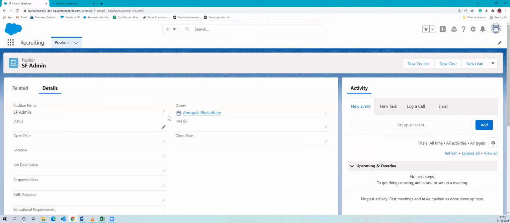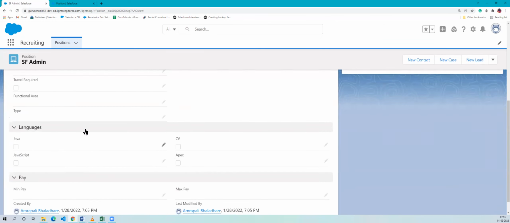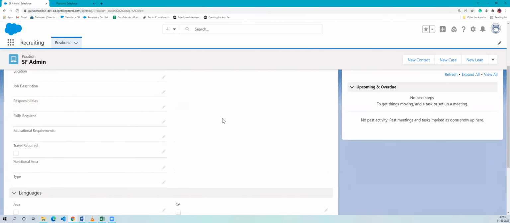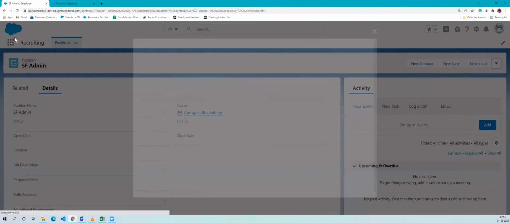As you can see, all the changes are reflecting on the detail section of this particular page, right? So we have added hire by field here, close date field here. Then we have also created two sections which say languages and pay, and we have added this field in that particular section. Okay, if I click on edit button,